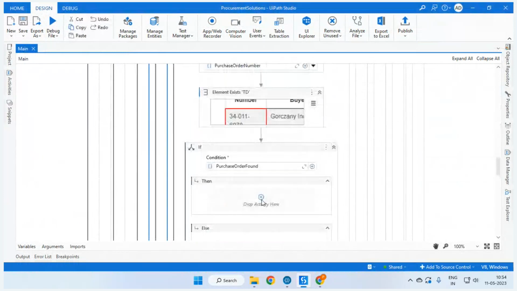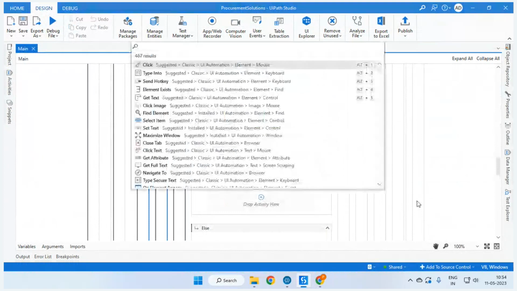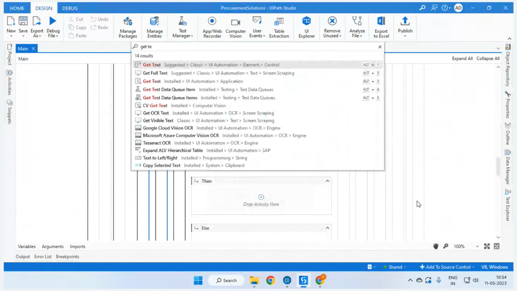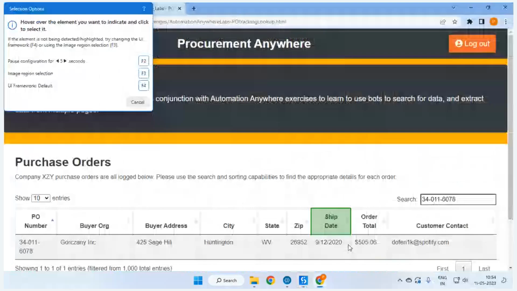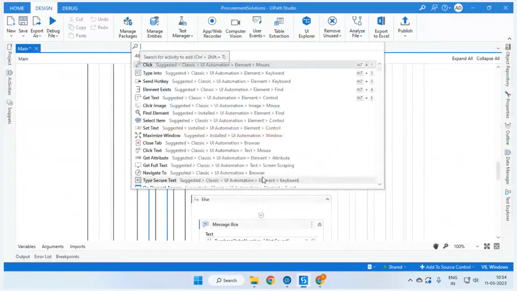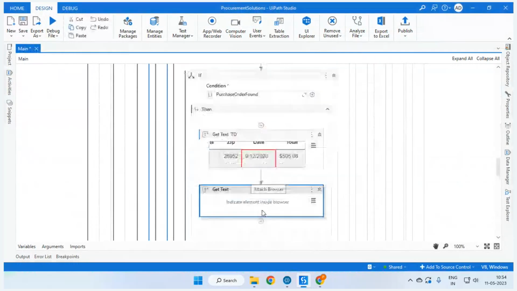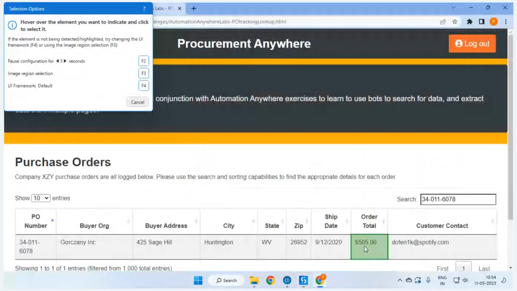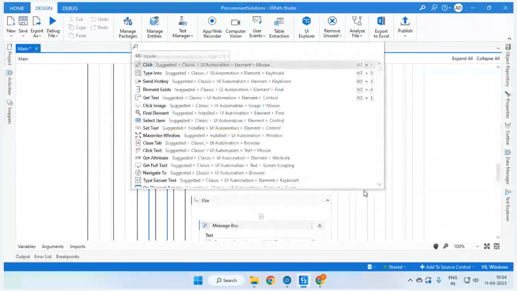And here in this, we need to get the text. Get text. What we need to get? We need to get the ship date. To get the order total. We need to get the